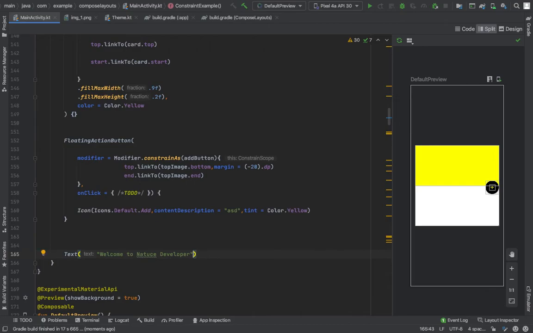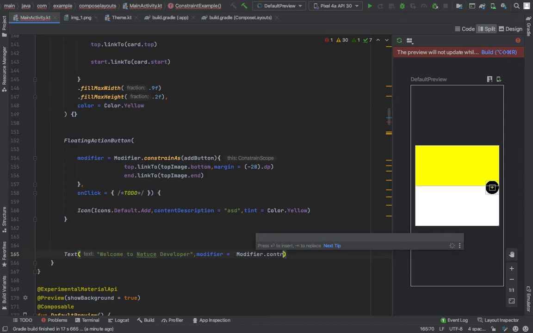So modifier, we also use again same principle, constraint as and pass the reference of text here.